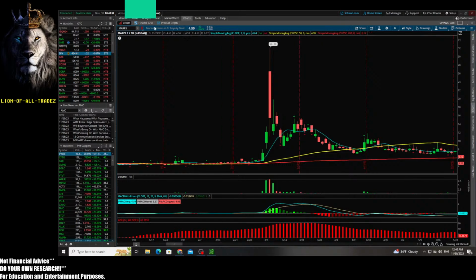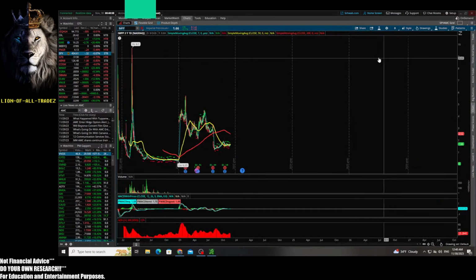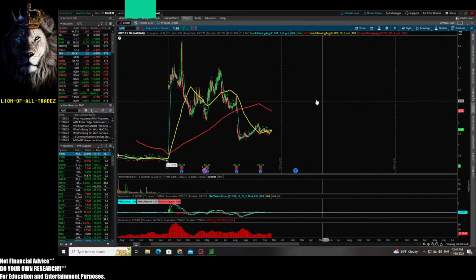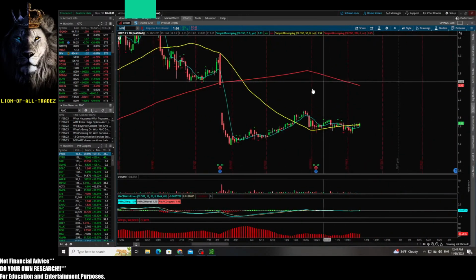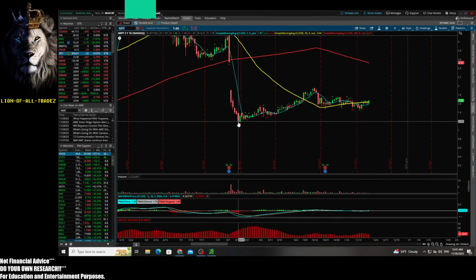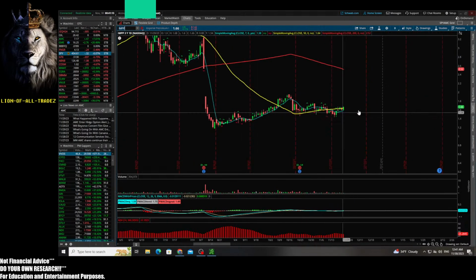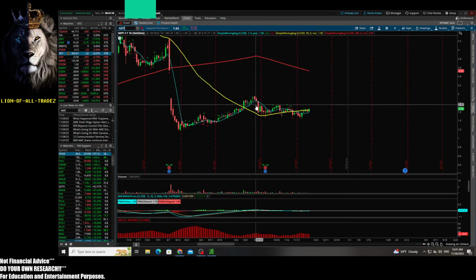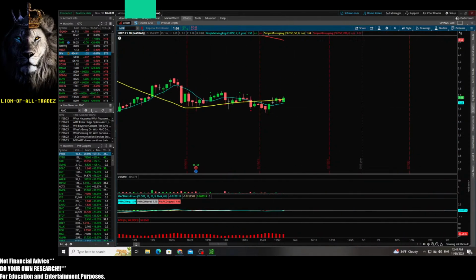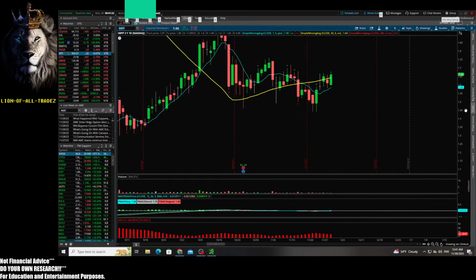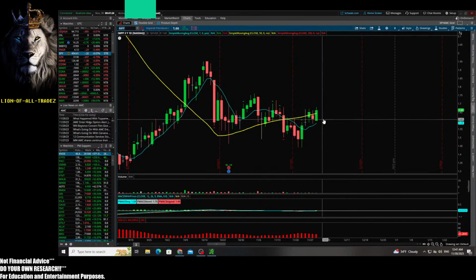Right now, for example, I'll go back to IMPP, Imperial Petroleum. Right now, it's at 166. On the daily here, you see it's completely bottomed out right around 118, 133, 135, slowly coming up in an uptrend. Had some sell off there, but then held steady, and then looks like we're trying to come back up.